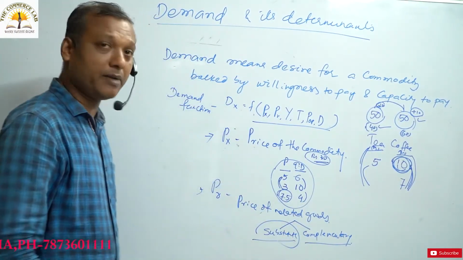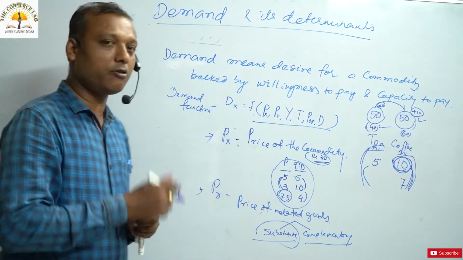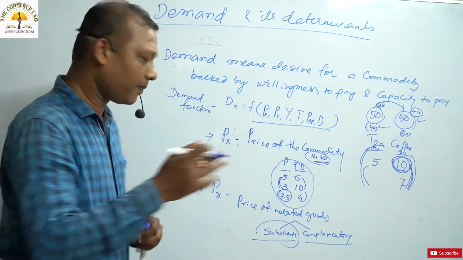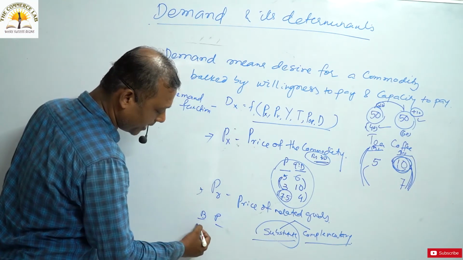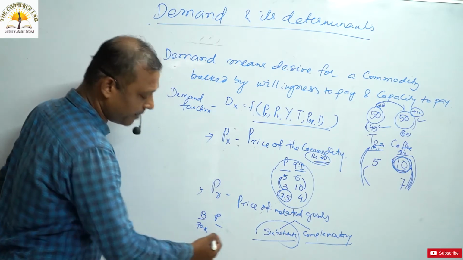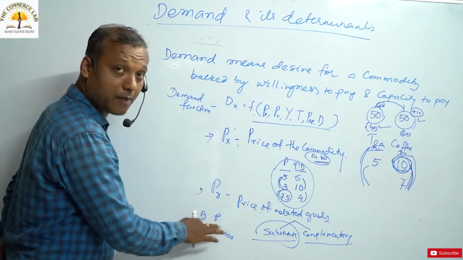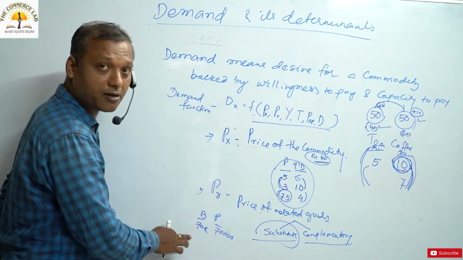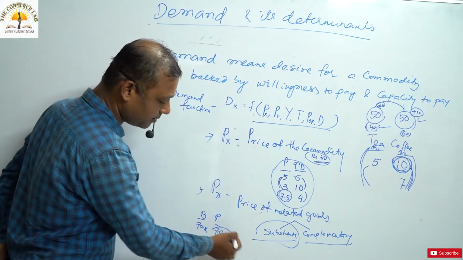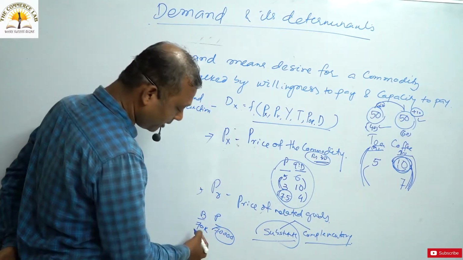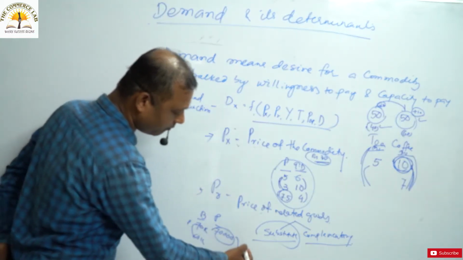When you come to the next part, complementary goods. Complementary goods are those goods, I told you, which can be jointly consumed. I told you the example of bike and petrol. Let us talk about the price of a bike being 70,000 and the demand for petrol being 7,000 liters. Bike and petrol, an example of complementary goods. The price of the bike is 70,000 rupees and the demand for petrol is how much? 7,000 liters. When the price of the bike is slashed down to 60,000, this is the price, this is the quantity.